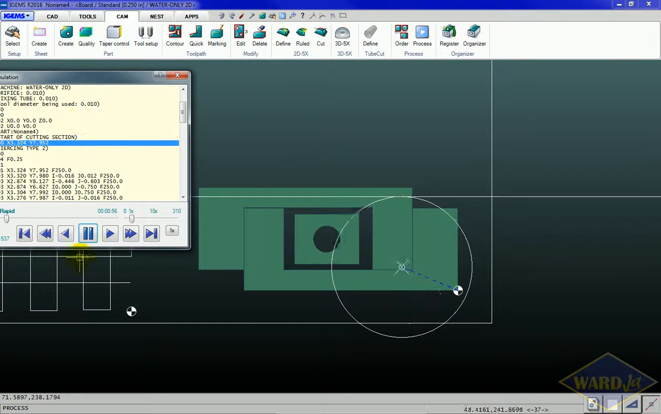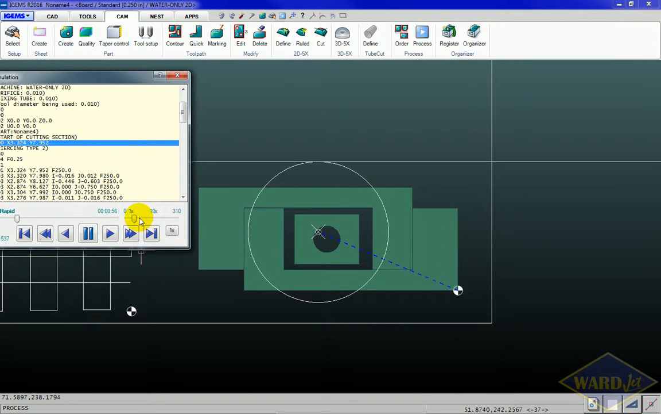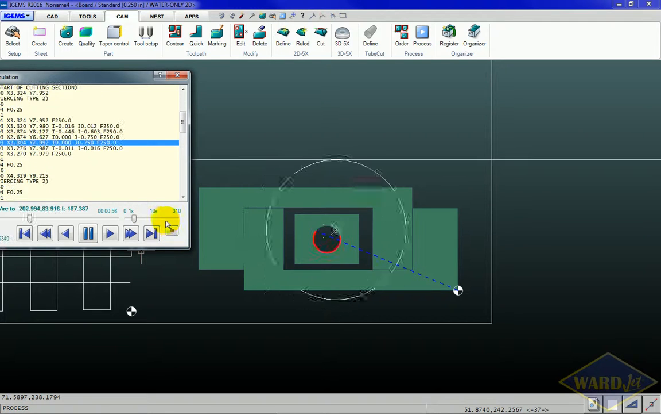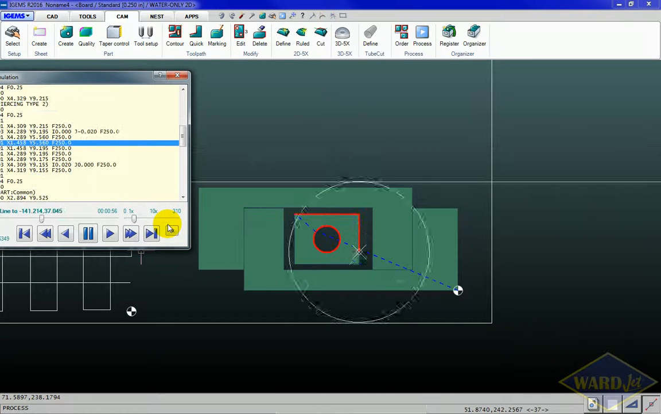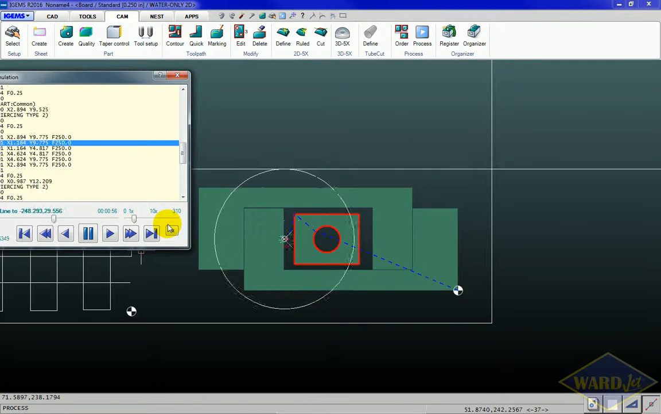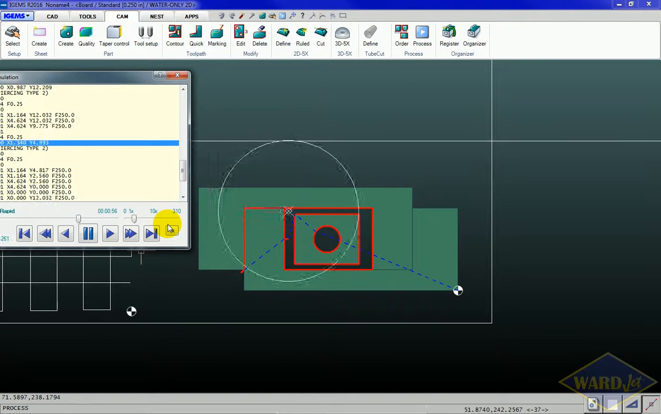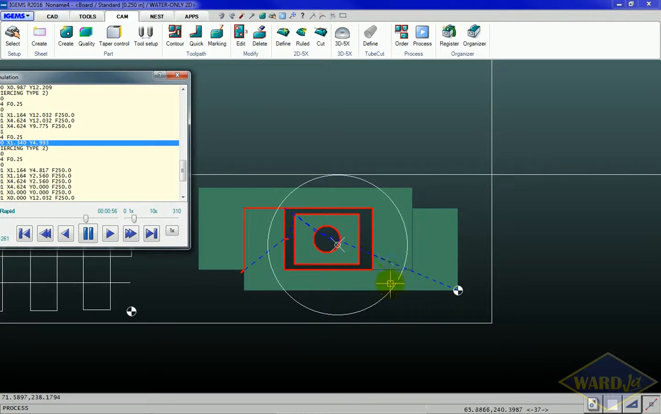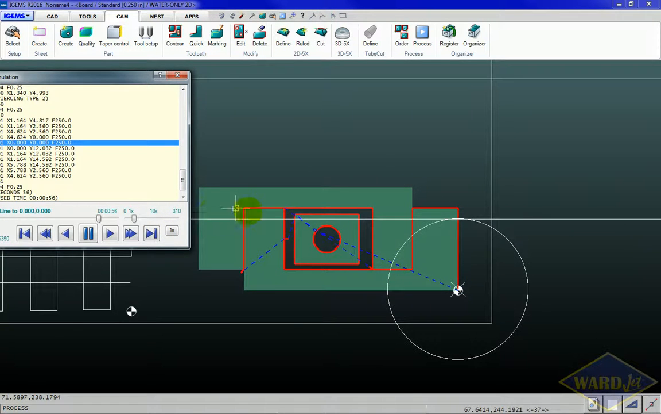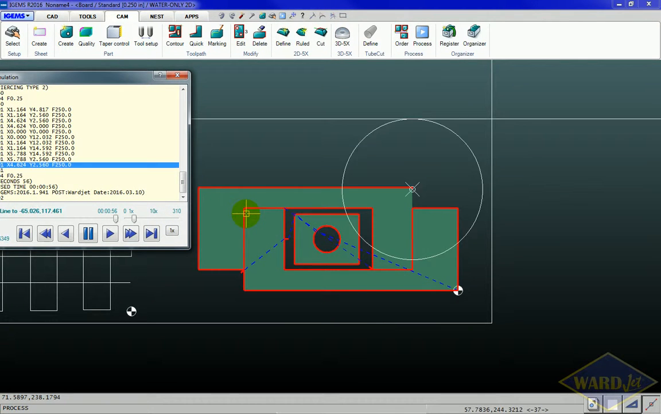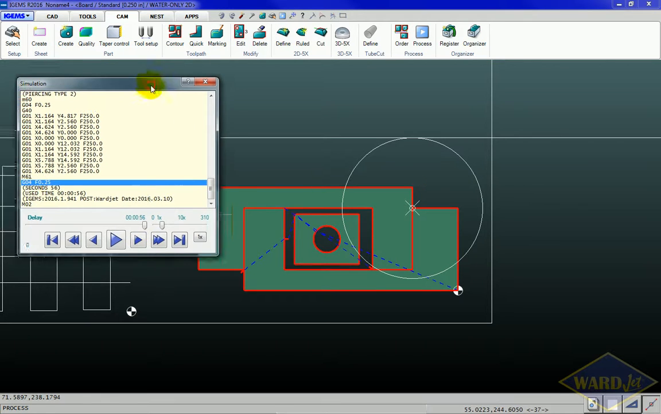So speed it up a little bit. It'll cut the hole and then cut that, and then it'll traverse over, cut that square inside, go to the outside, do that cut, come over, do that cut, and around. So that would be a pretty decent tool path, but you might look at that and say, well, actually